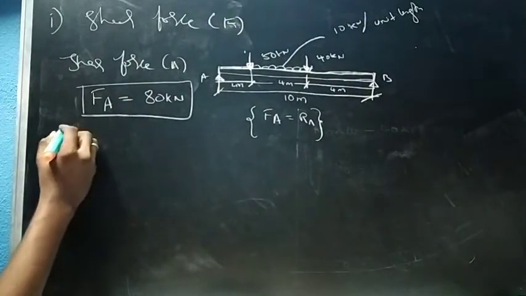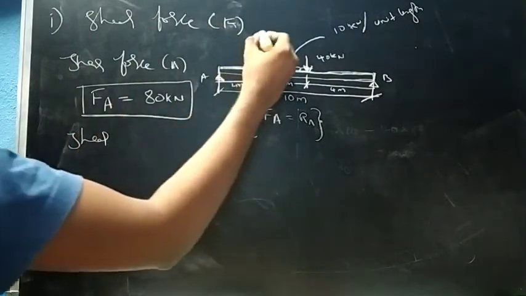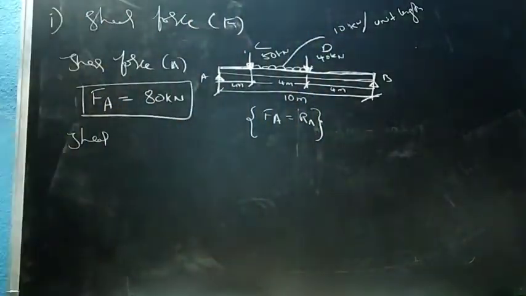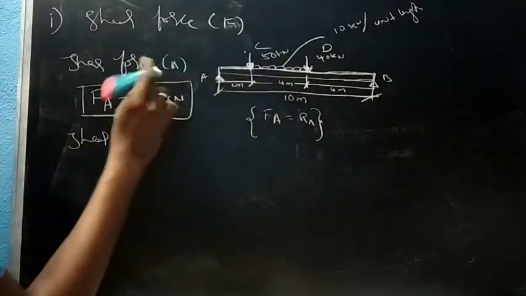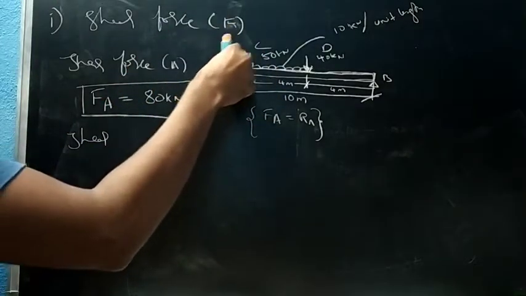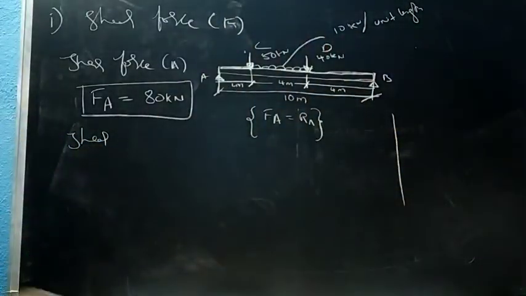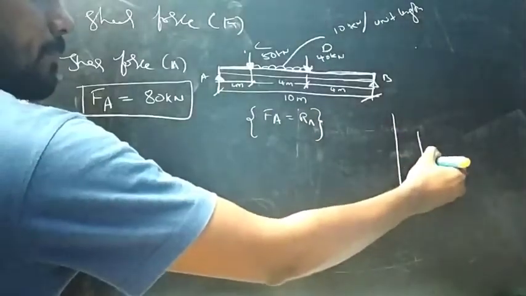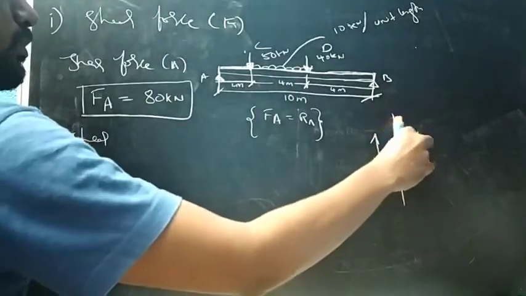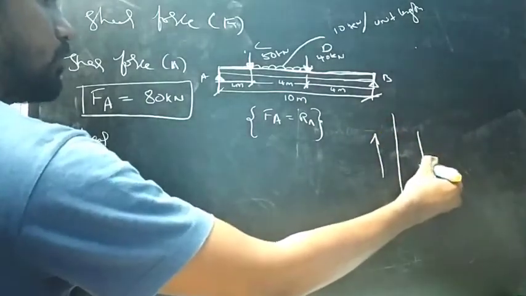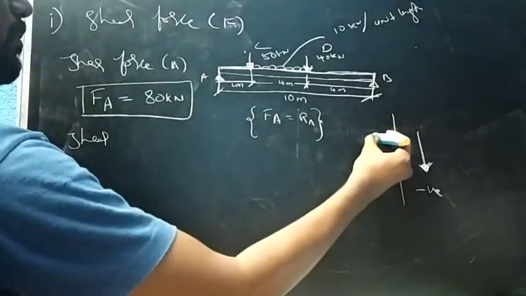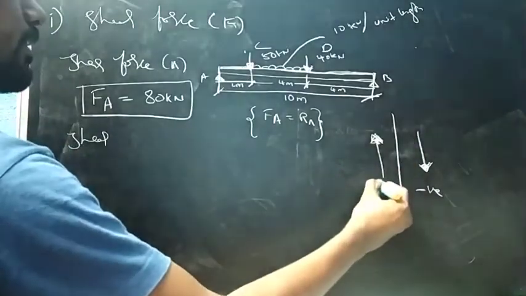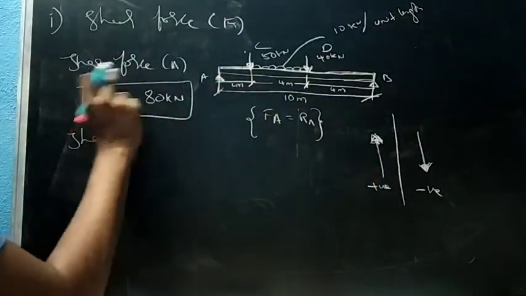So now we'll find out shear force. What is the next? Let's say this C and D. Okay, so let's say that is C and D. Now we'll find out shear force at C. We are moving this axis line to here, right? So what is the sign convention? To your right, if it is going down, we take negative. To your left, we take positive. That is the sign convention for shear force, right?